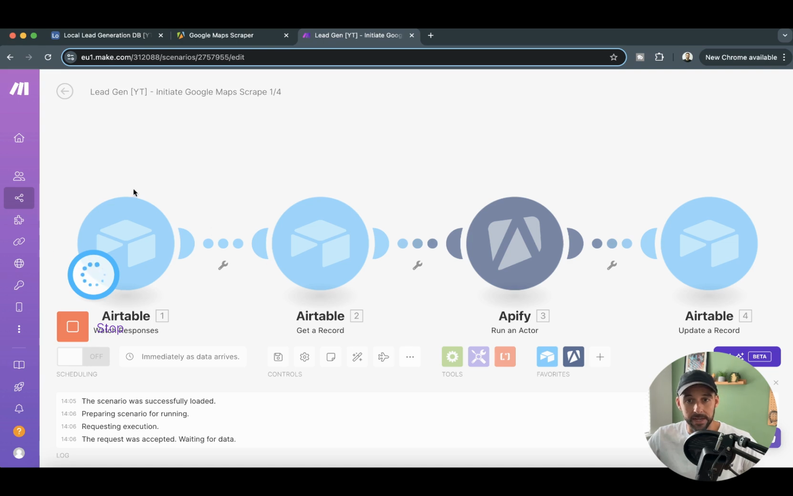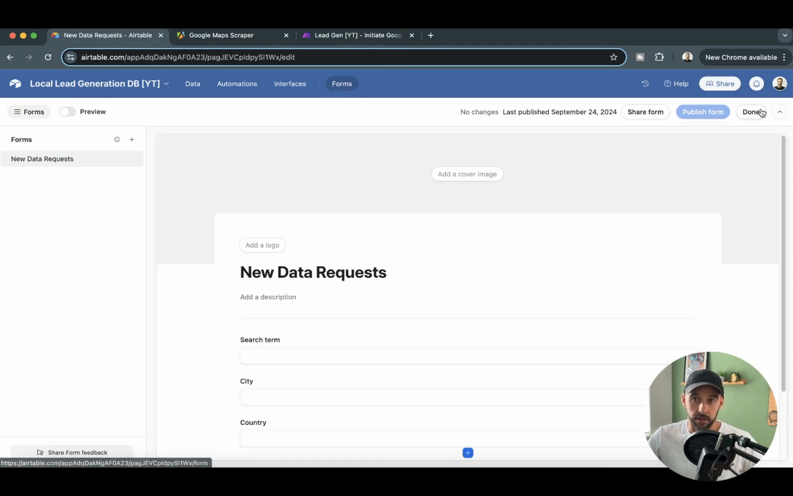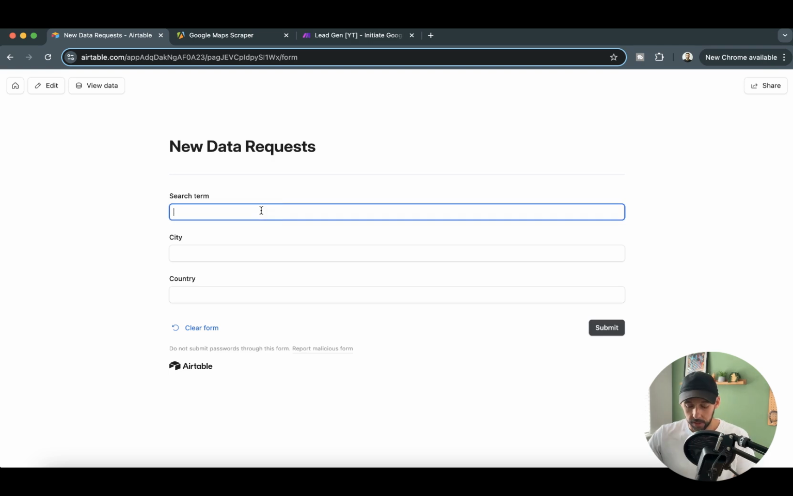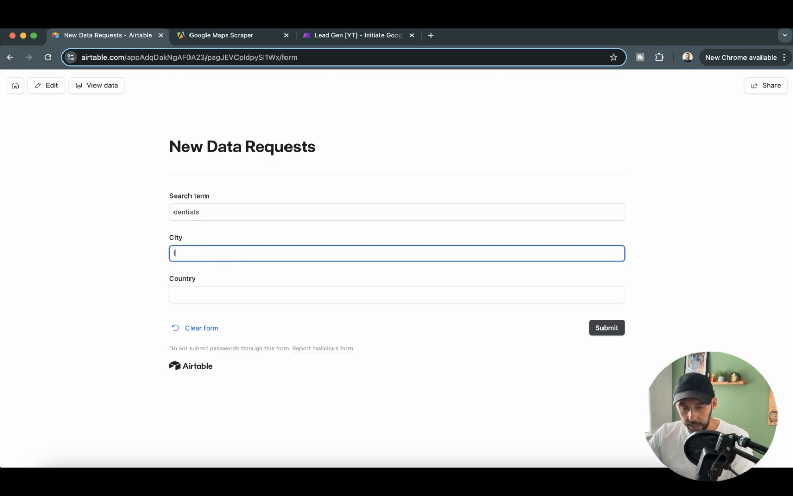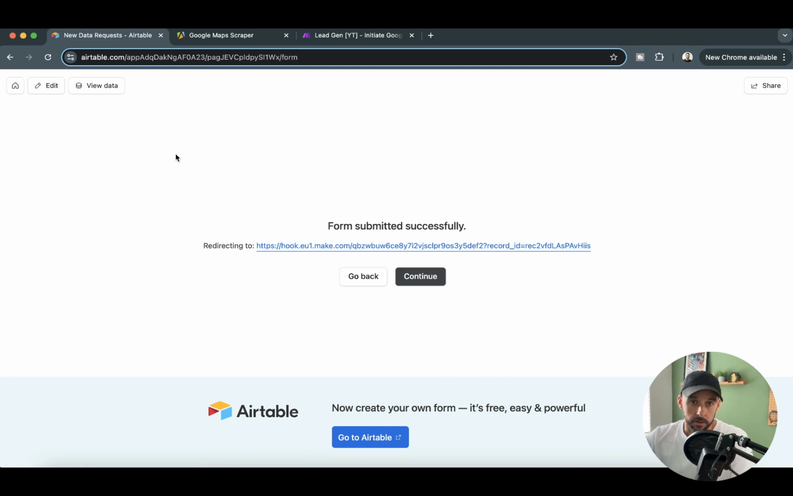So you can see now it's waiting for a response. If I come over to our Airtable, I'm going to click on forms. I'm going to click on done, which gives us the form. Then we're going to click on dentists in, let's say, Leeds in the UK. Click on submit. The form submitted successfully. We should get an accepted,